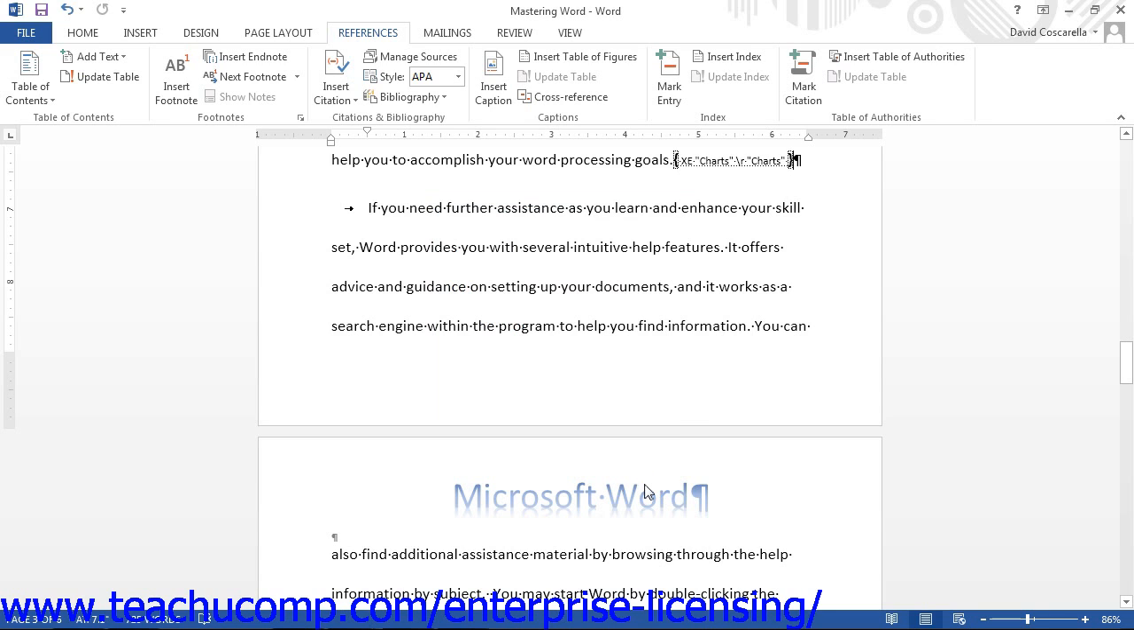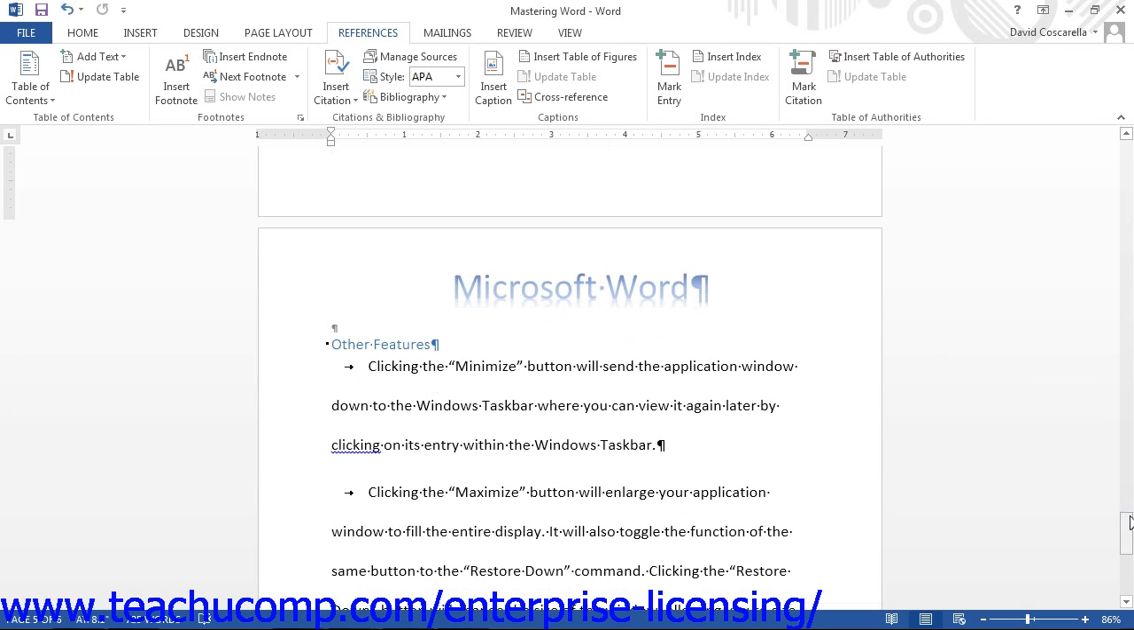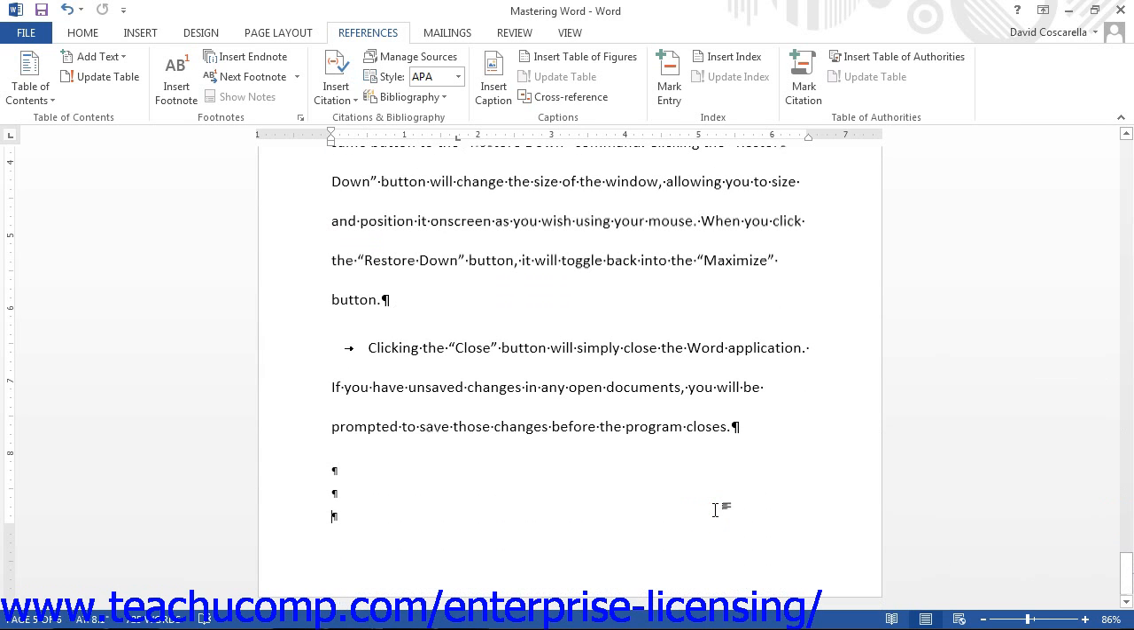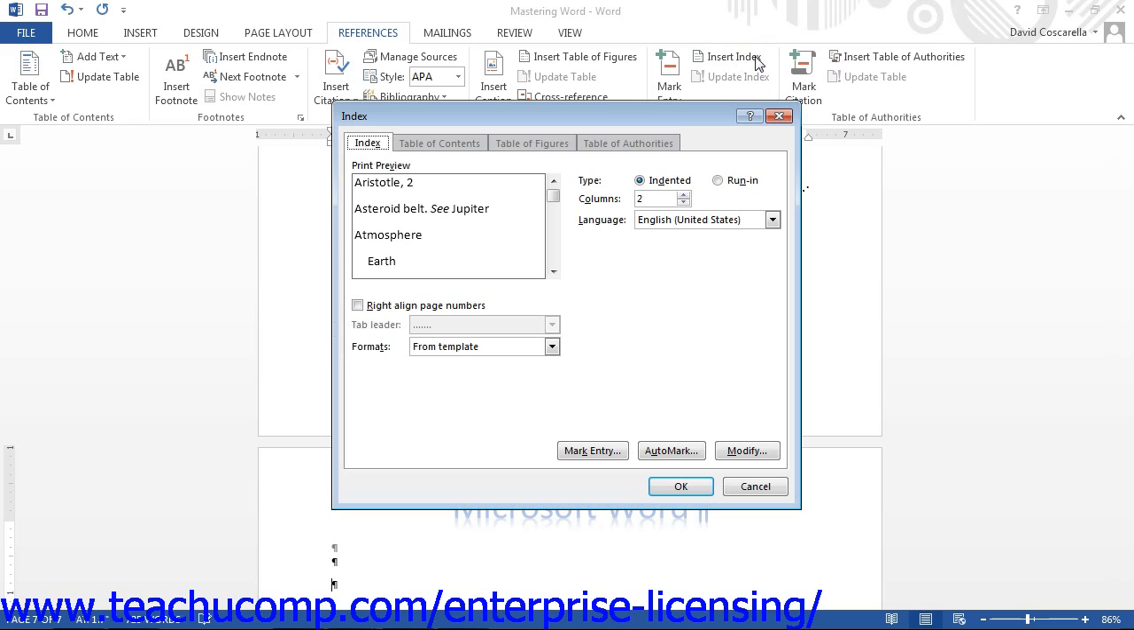After marking the index entries for inclusion, click into your document at the position where you want to insert the index. Then click the Insert Index button in the Index button group. This will open up the Index dialog box. Here you can set the appearance of the index that will be created. In the Print Preview section at the top of the box, you will see a preview of how the index